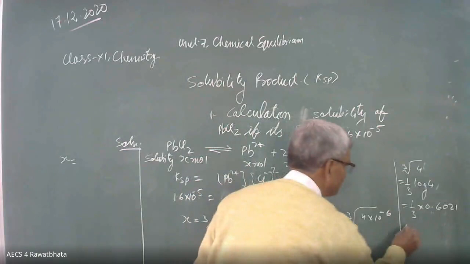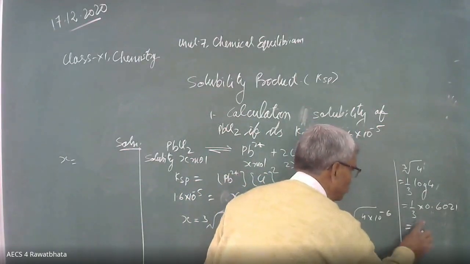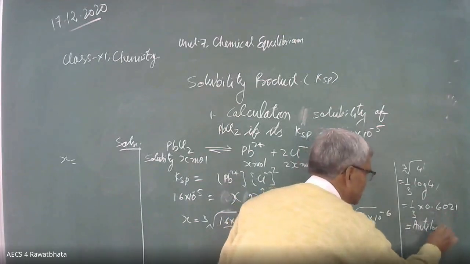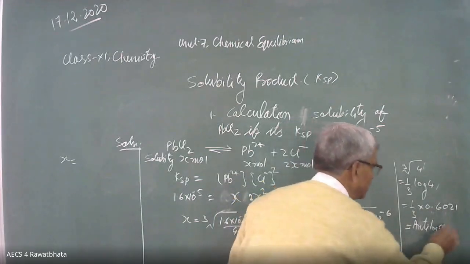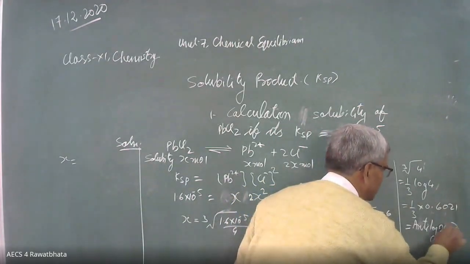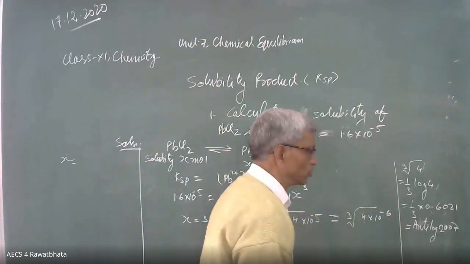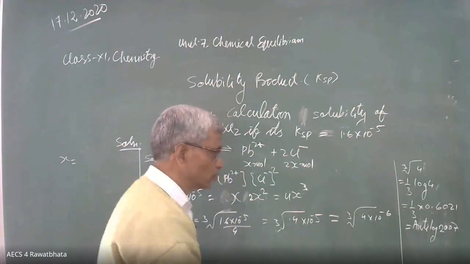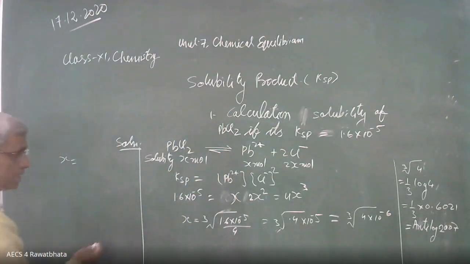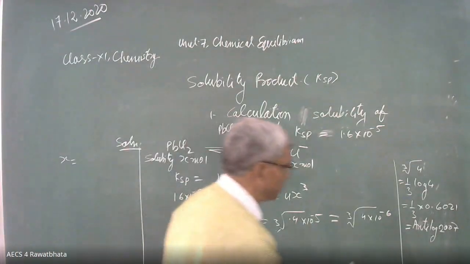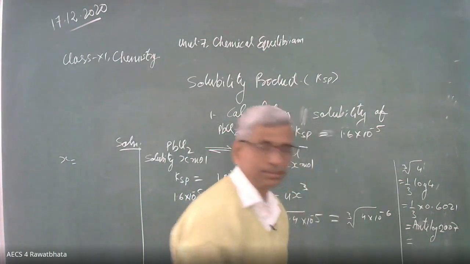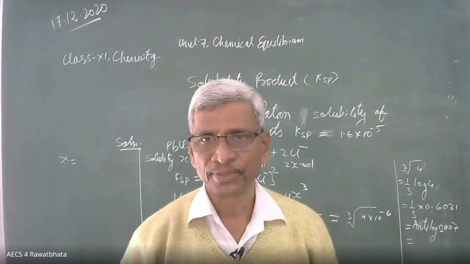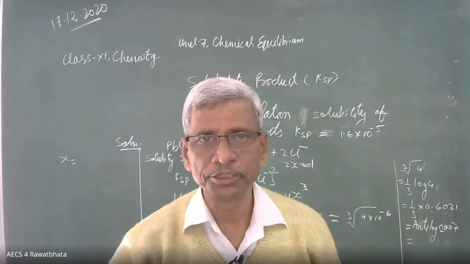This is equal to 0 point. We have to go for antilog. The antilog of 0.2007 is the 1/3 value. So finally go for this cube root. Yes, please tell me the value of antilog 0.20, look at row 0.20 and column 0.